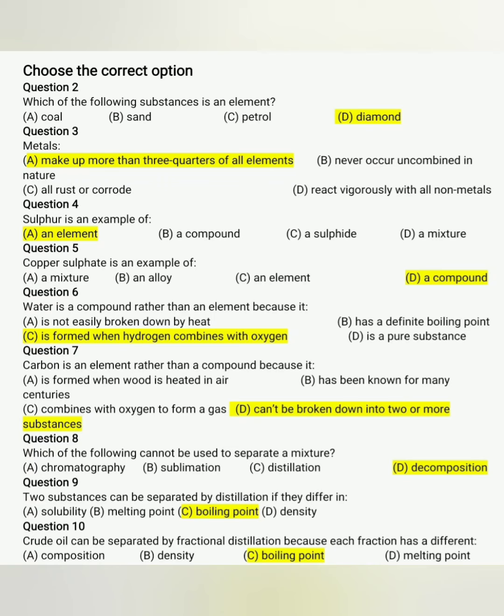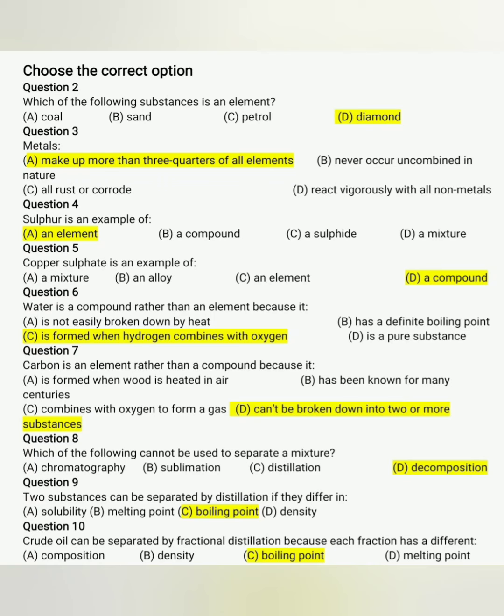Sulfur is an example of an element. Copper sulfate is an example of a compound. Water is a compound rather than an element because it is formed when hydrogen combines with oxygen. Now MCQ number 7, carbon is an element rather than a compound because it can't be broken down into 2